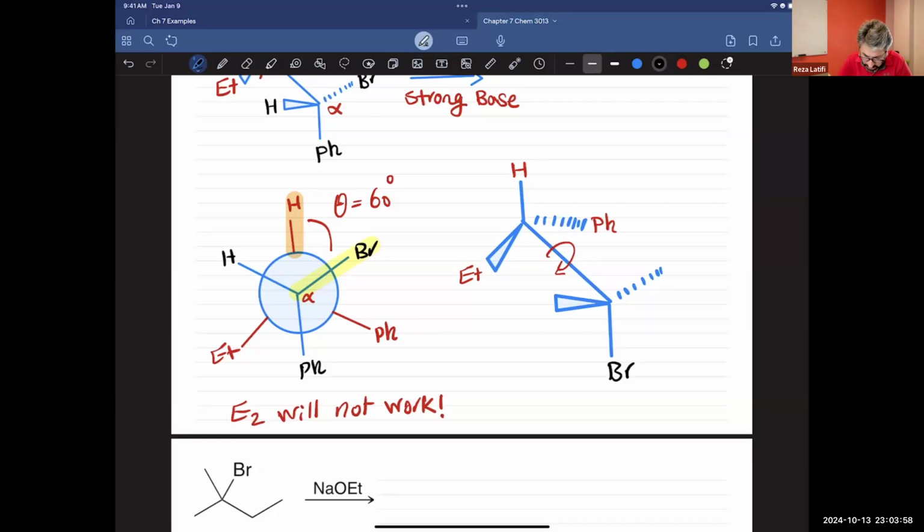So that means I'm going to rotate the front carbon clockwise by 120 degrees. So let's rotate by 120 degrees. And the bromide went down. Now you need to ask yourself, what will happen to this? This one is going to show up there. So the phenyl is going to be here. Phenyl, it will be there. And now hydrogen is going to be there. And if you decide to remove those, you will get this